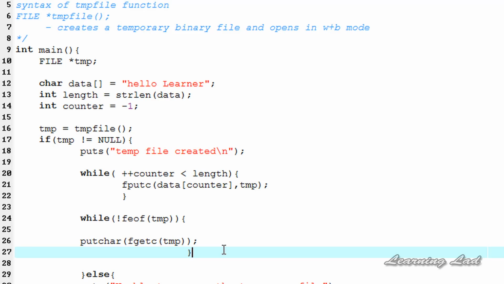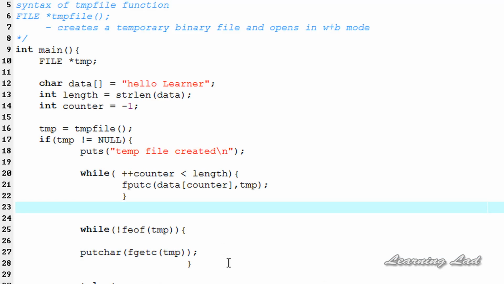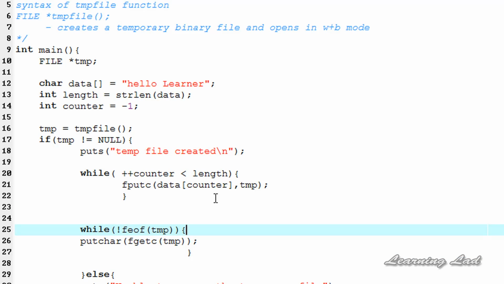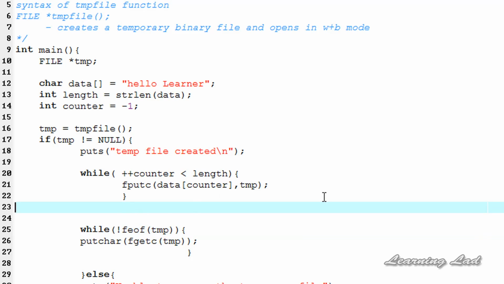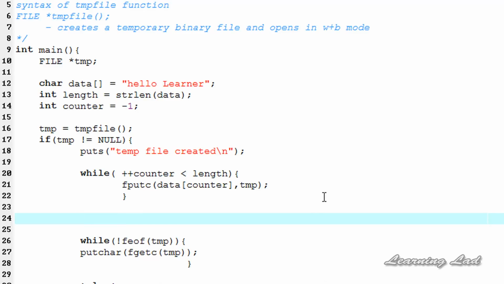So I'm going to be saving this one, and then we need to call the rewind function here. That's because once we write some data to the file, the file position indicator will be incremented, and it will be at the end. We need to reset that. So if you don't know the importance of this rewind function, please watch my other video tutorial on the rewind function. So I'm going to use that function here. It's going to be rewind, and we need to pass the file pointer. It's going to be tmp. Now I'm going to save this one,